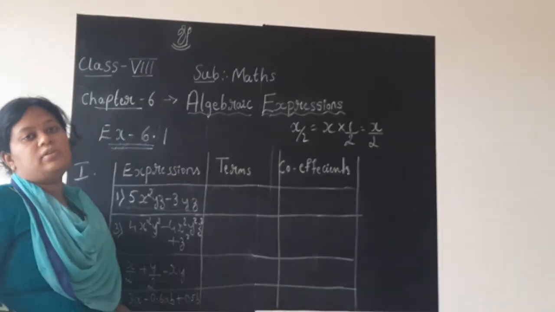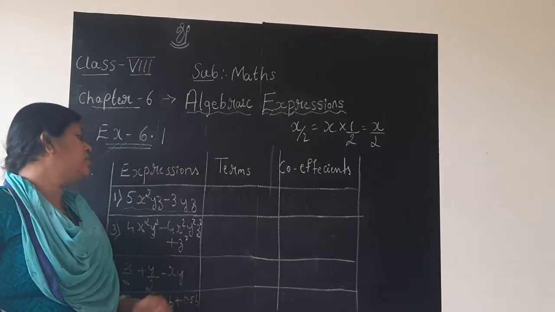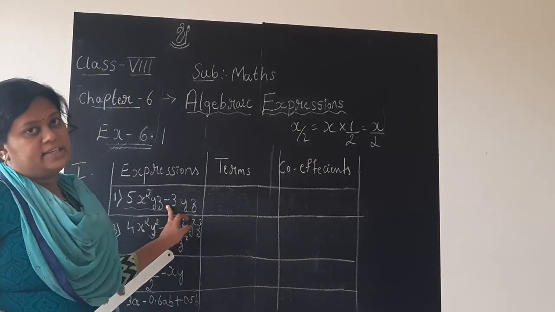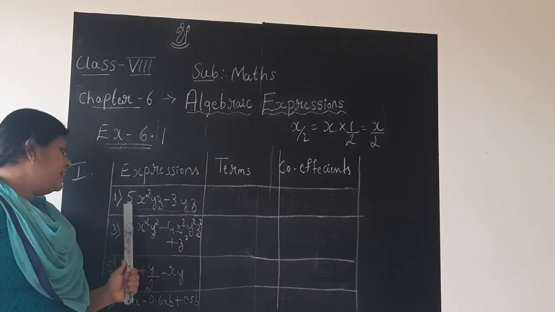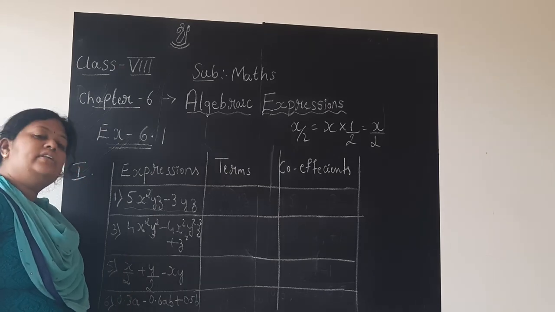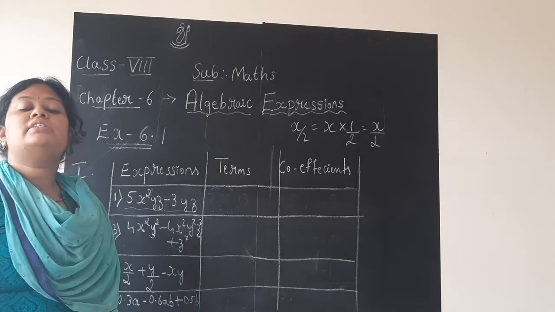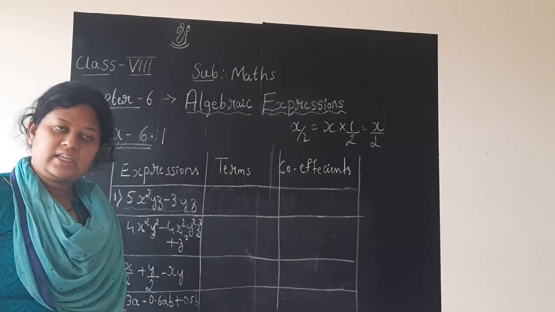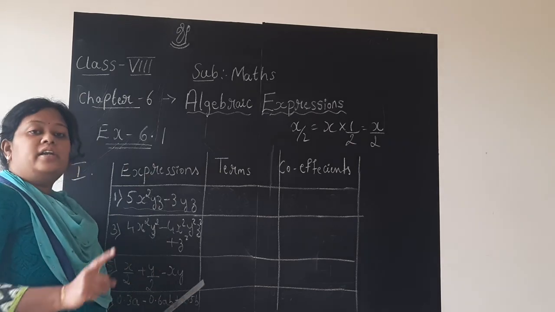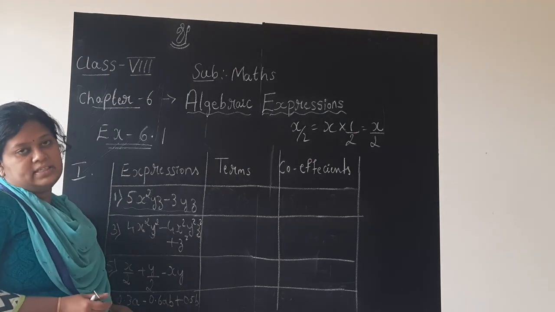I have been telling you in all the sessions, children, that whenever we are solving algebra problems or in mathematics, always write the number along with its sign. If no sign is given, like see 5x square yz, 4x square yz, x by 2, 0.3, here nowhere are the signs mentioned before the number, means they are positive, they are with plus sign. If at all the numbers are mentioned with negative sign, then you make sure that while writing the numbers you copy it along with the sign.